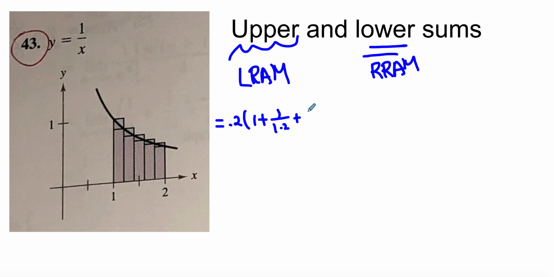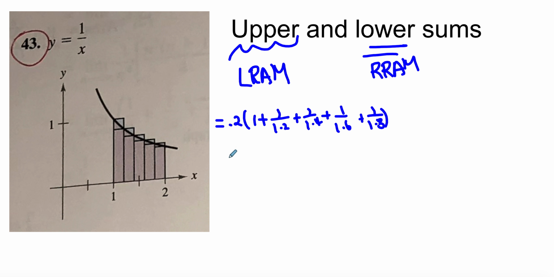Next one is 1 over 1.4, plus 1 over 1.6, and then the next one is 1 over 1.8. And then when you calculate it, that becomes our